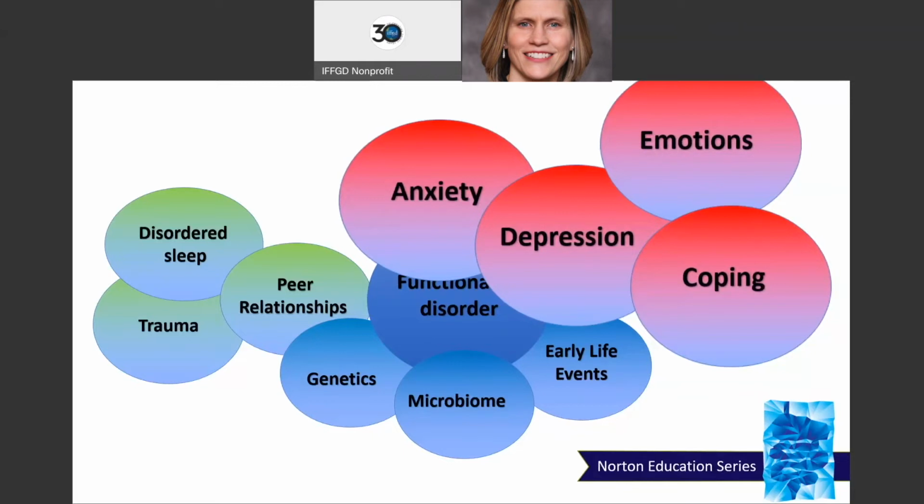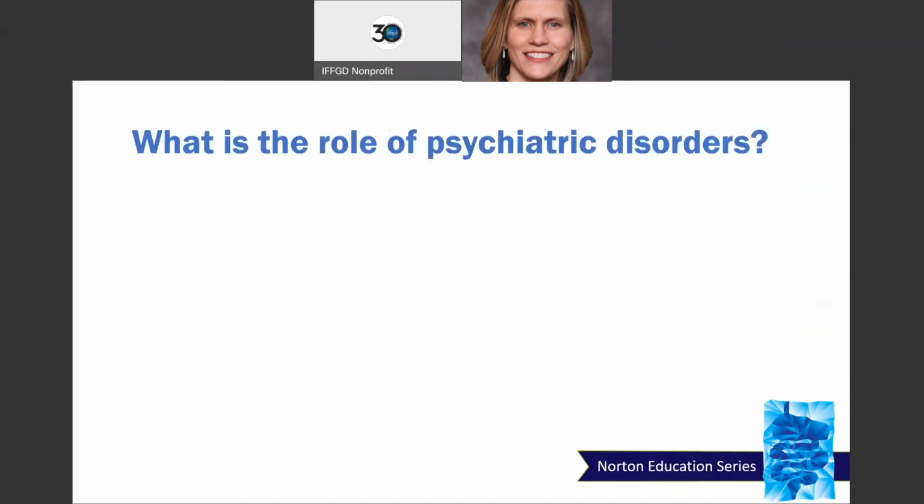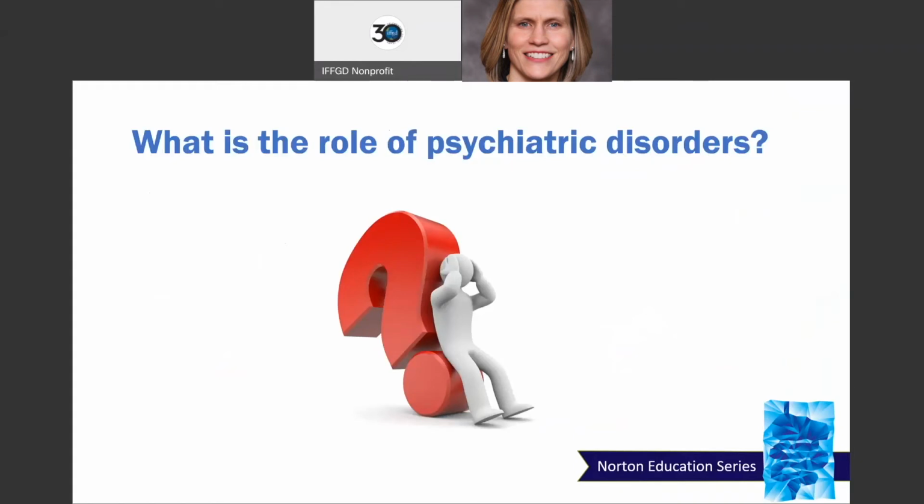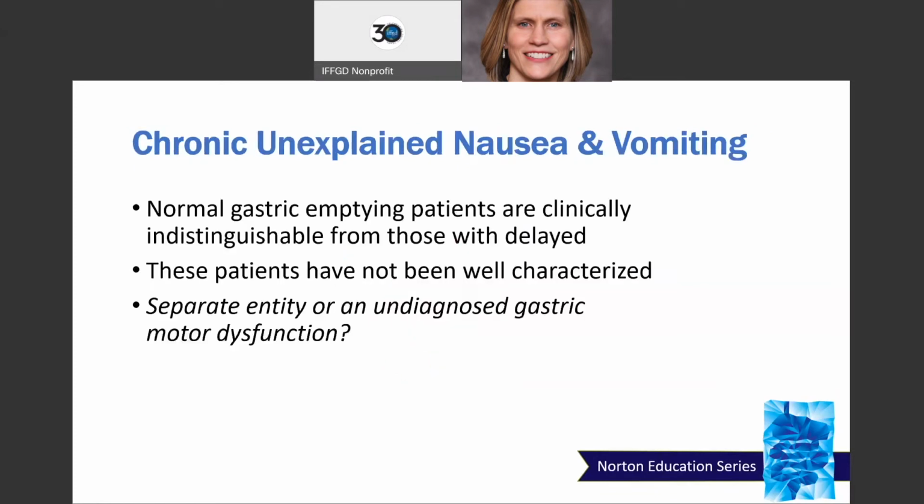Patients are labeled with anxiety, depression, and that could be almost a consequence of the initial problem and not finding a diagnosis. What is the role of psychiatric disorder? We really have no clue. In my opinion, we don't know. I wanted to bring up this controversy for discussion, as we don't know if it's the chicken or the egg. Anxiety certainly is prevalent. Anxiety and stressors certainly impact the brain-gut disorders here. The more stressed you are, the more anxious you are, the worse your symptoms are going to be. But is it the underlying thing? When is it? We really don't know.